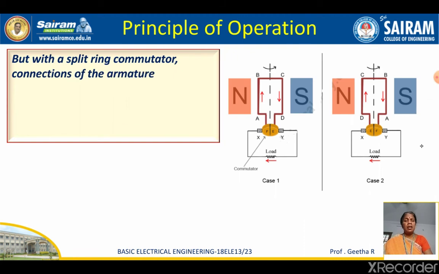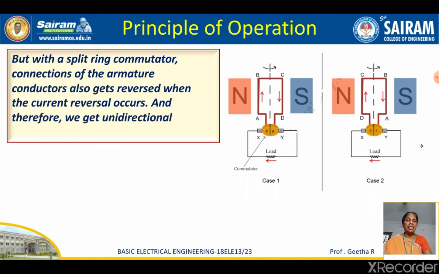For the alternating EMF, for AC generation, you can have the connection and the power can be tapped out for use as an AC quantity. But if you want a DC quantity, you need a commutator, which is connected to the coil along with the brush. Its purpose is to collect the current from the rotating armature. When a conductor is rotated 180 degrees, accordingly the direction of the EMF is changed, and accordingly the direction of the current is changed.